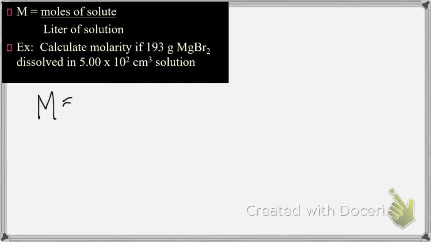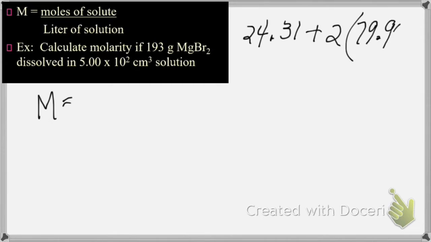So we're going to have to look up the molar mass of magnesium. That is 24.31. And we also have two bromides in the compound, so 2 times 79.90. And that's going to give us a molar mass of 184.11. So now we're going to find moles for our numerator